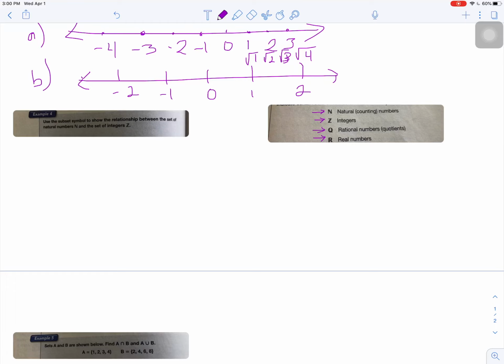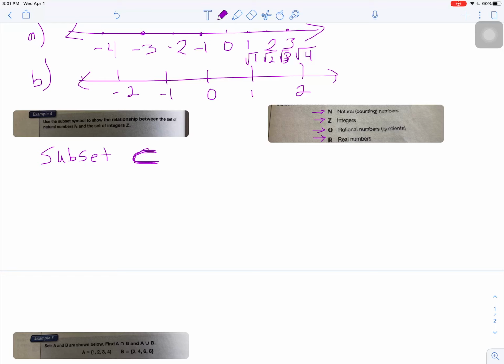All right, so let's move on a little bit with that. So example 4 says use the subset symbol. Now a subset, that's a new term, subset. Now these are going to be a little bit more difficult to follow because a subset is basically a fancy U that's tipped on the side. Now we're going to be using subsets